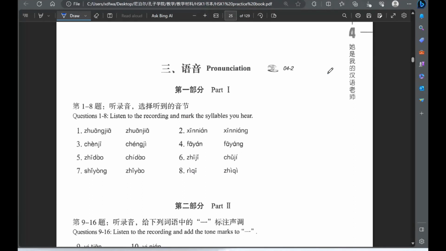1. 专家 2. 新年 3. 成绩 4. 发言 5. 知道 6. 知己 7. 使用 8. 日期